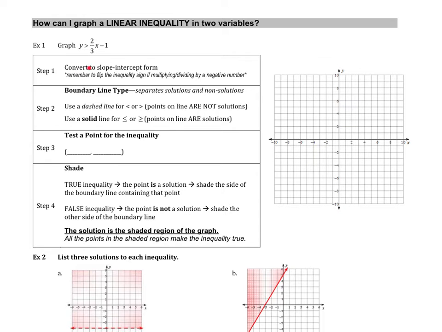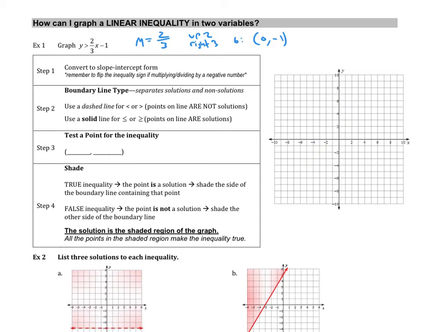The first step, convert to slope-intercept, we've already got that here. So we're going to remind ourselves that for this equation, the slope is 2/3, which means up 2, right 3. And the y-intercept, the b-value, gives me a y-intercept of -1. Okay, so then there's two types of ways. The main difference for graphing this is that we might use a solid line, we might use something new called a dashed line,